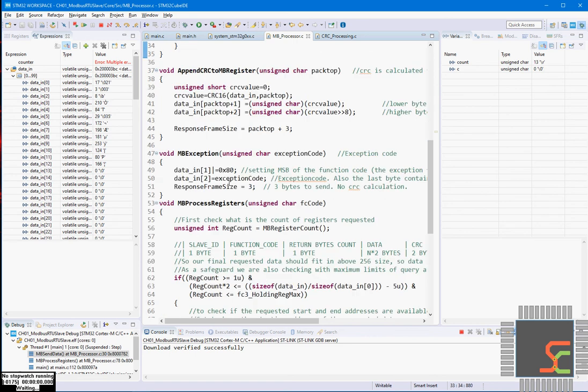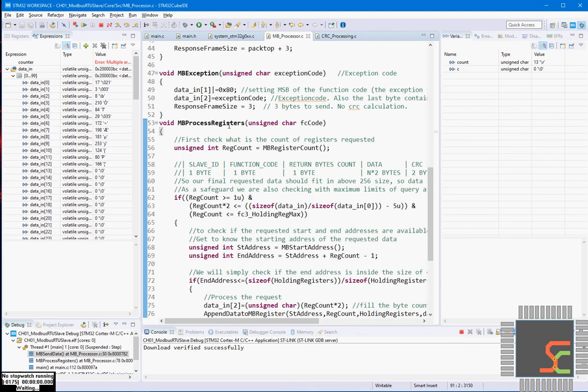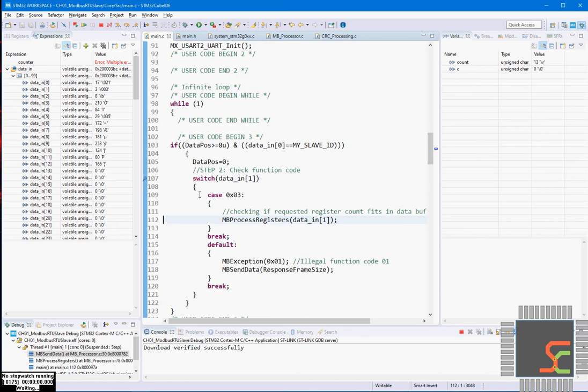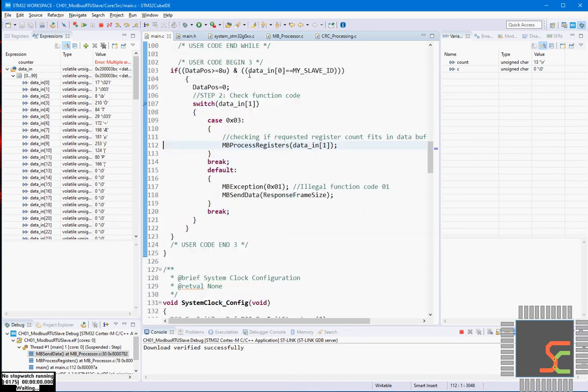So once this loop is done, it will come back to this if condition, and it will terminate this MB process registers function and come back to this switch routine. And since our response is also given to the master, it will again check for the data continuously.